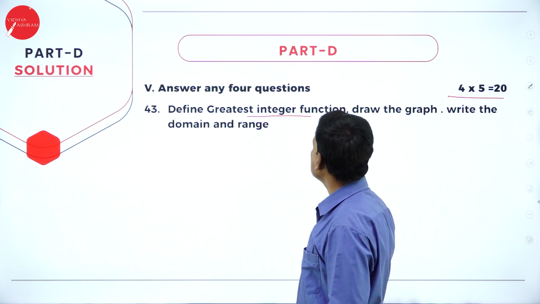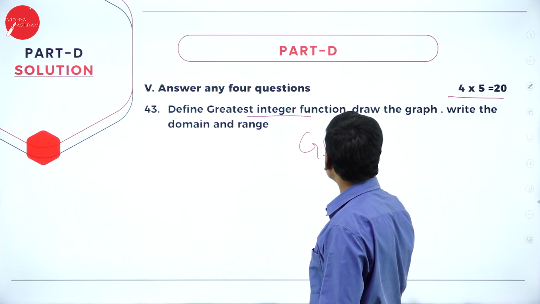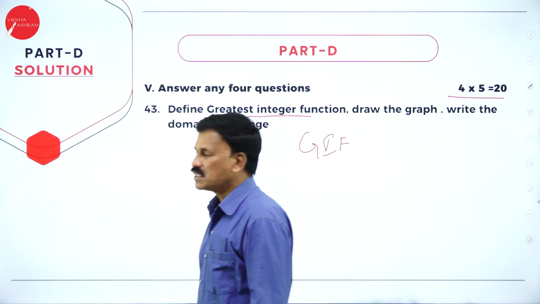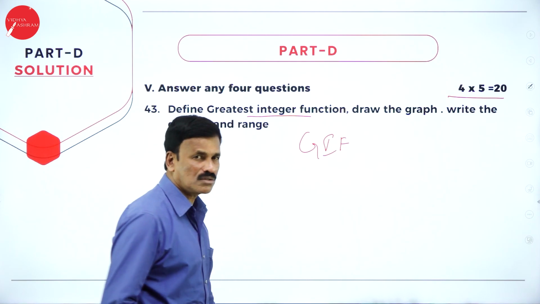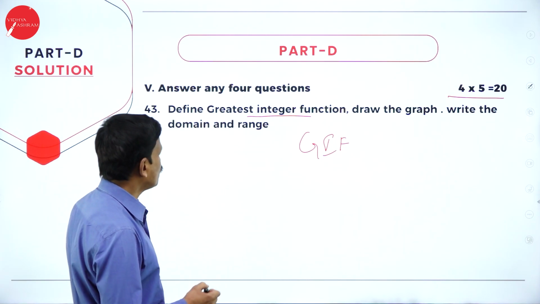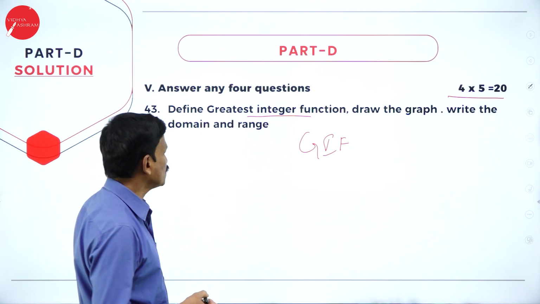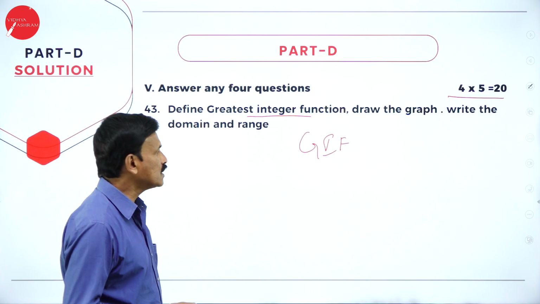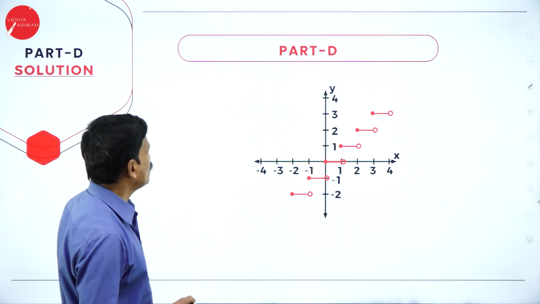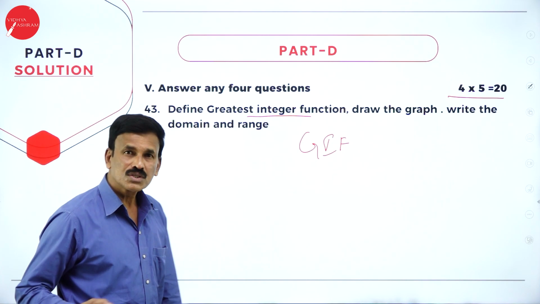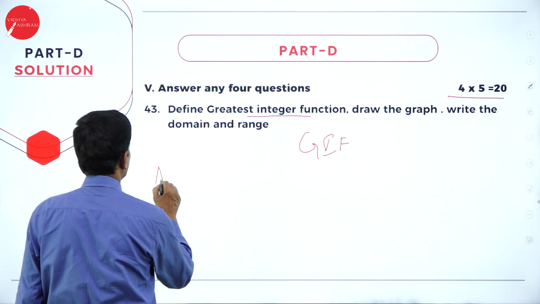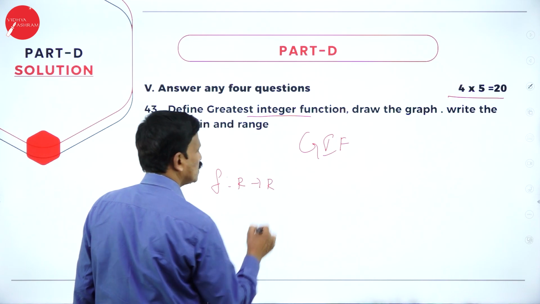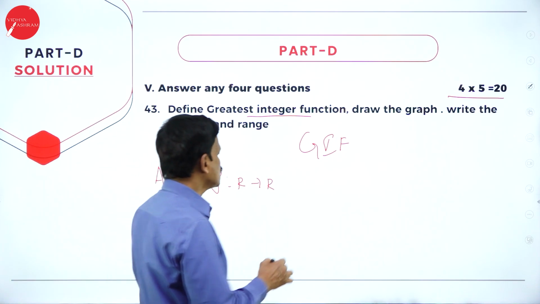Define the greatest integer function. Draw the graph, write the domain and range of the greatest integer function. This is a very important question. So first define the greatest integer function, then draw the graph of the greatest integer function, and write the domain and the range. Now, how to define this greatest integer function? A function f from R to R is defined by